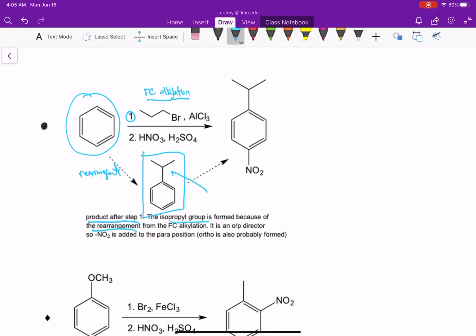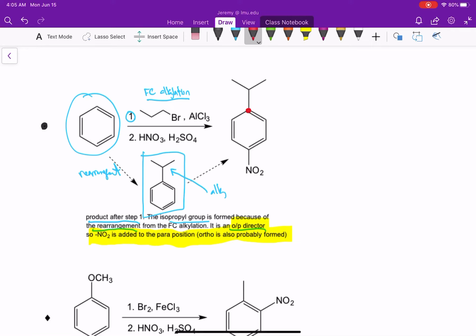Now, what type of director is an isopropyl group? This is an alkyl group. Alkyl groups are ortho-para directors. Okay, so we're going to now add the NO2 group to the ortho and para position. Okay, so here